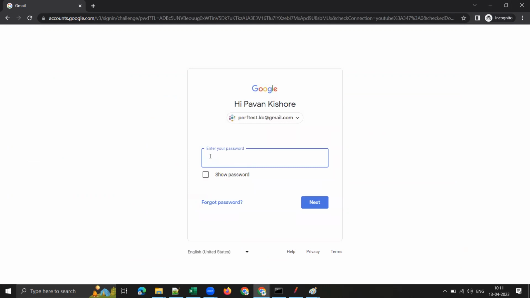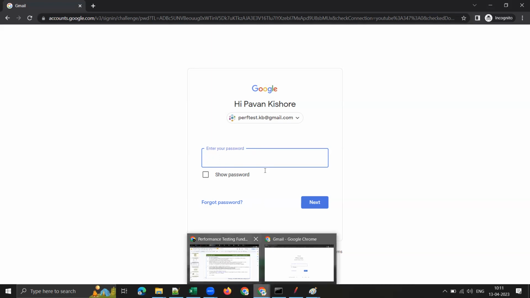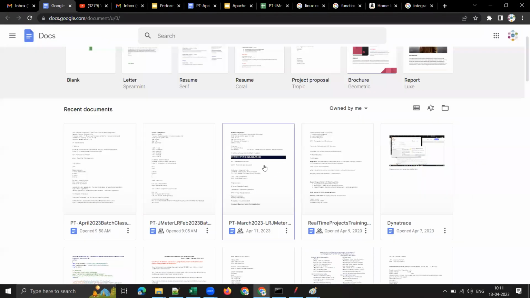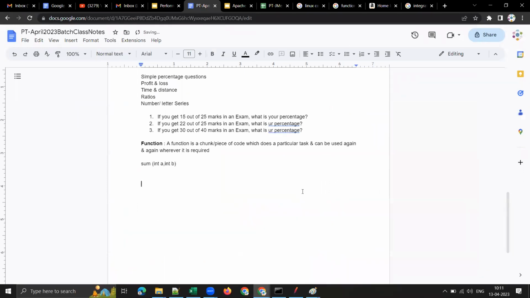If it is a valid Gmail address, it should prompt for a password. If it is an invalid Gmail address, it should display some error message. So this is the functional requirement of this application, isn't it? So testing that functionality is called functional testing. And if you are doing that functional testing manually, it is called manual testing. And if you are using some tool, that is called automation testing, isn't it? So functional testing,